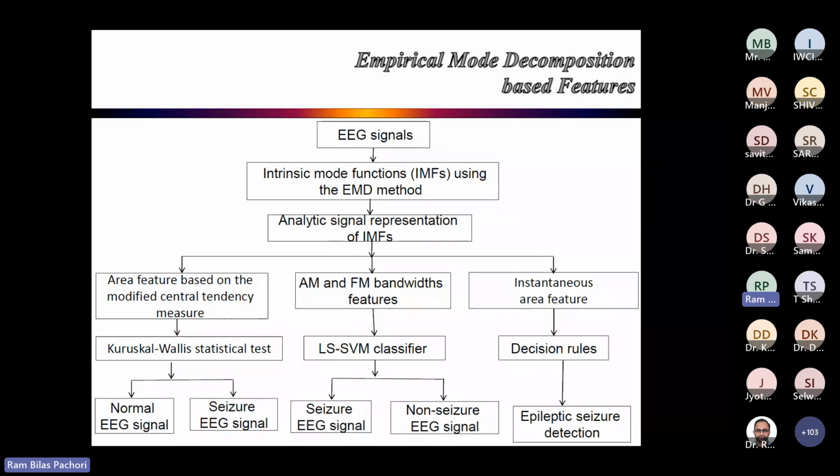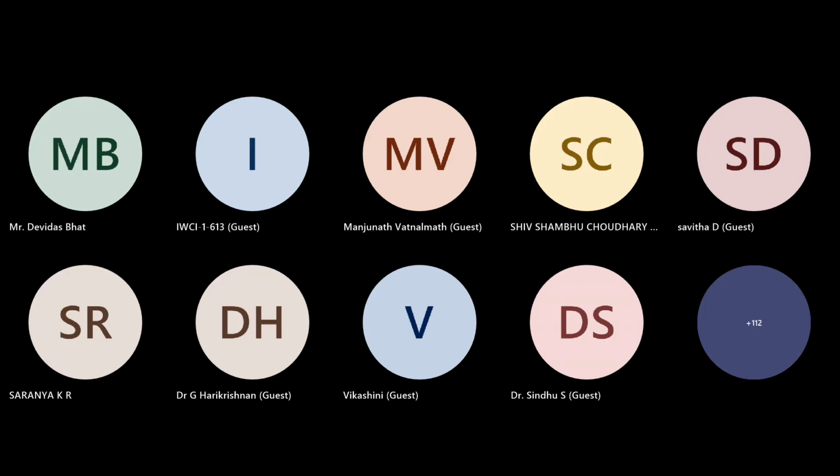In order to analyze such non-stationary signals like EEG using the Fourier transform, the short time Fourier transform, STFT, was proposed in the literature. In STFT we divide the signal into different segments, and in each segment we assume that the signal is stationary, and then we apply the Fourier transform. The arrangement of these Fourier transforms of different segments gives the short time Fourier transform. In STFT, there is no thumb rule which will suggest what should be the